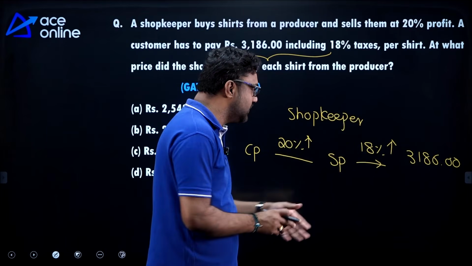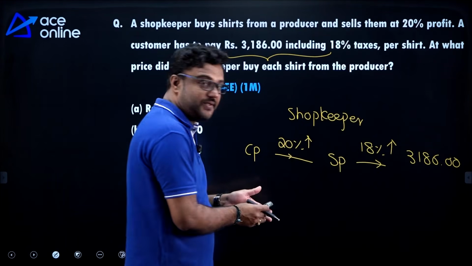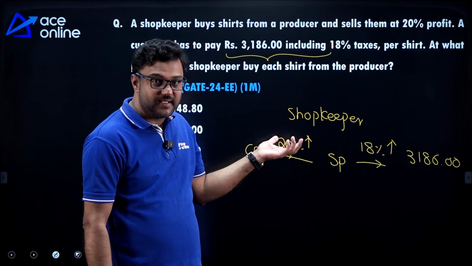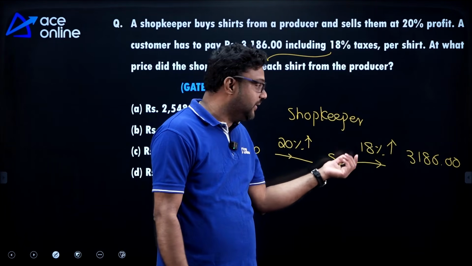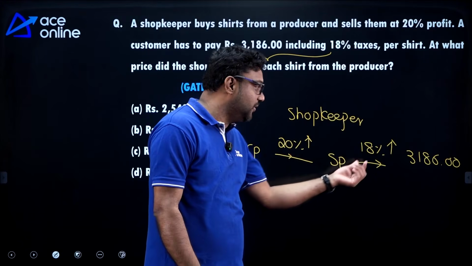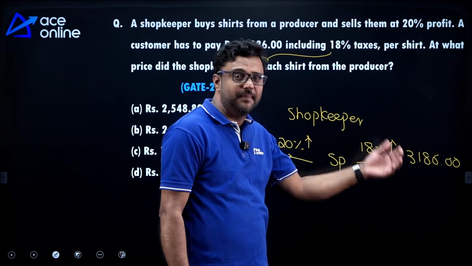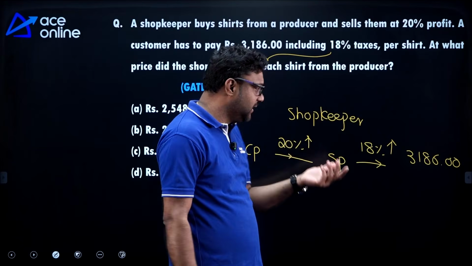First, there is some price you are increasing by 20% profit, and for the amount you are going to sell, you have to add tax. Then finally this is the selling price of the shop, which you may purchase from. Now,